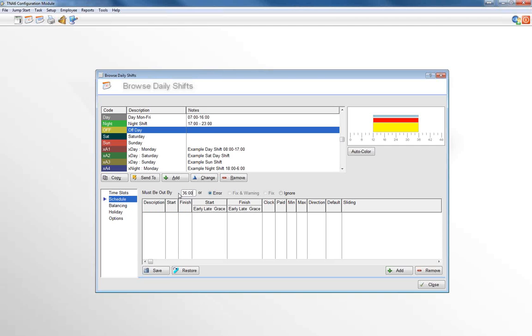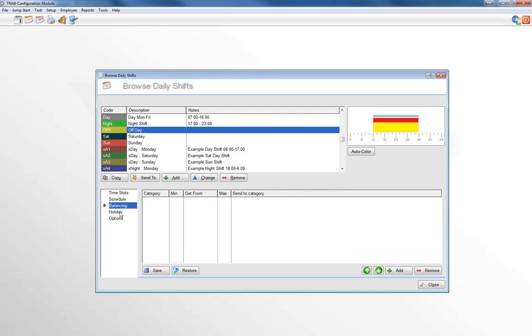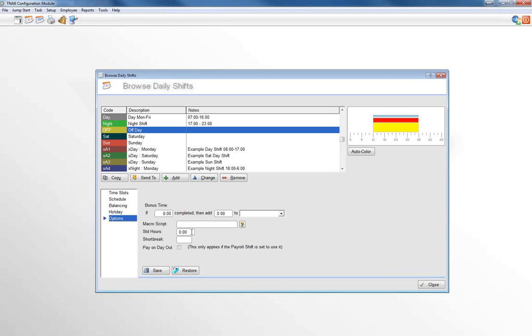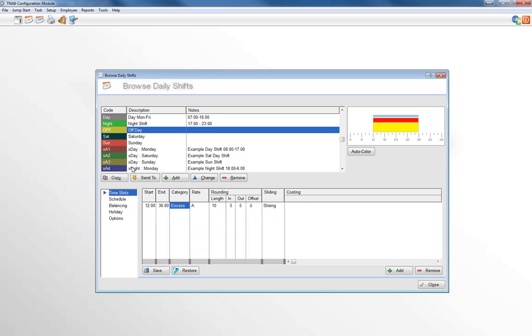I'm going to set the must be out by to 3600. I'm not going to set up any balancing. They don't get paid any holidays on a public holiday. If it's their off day, they don't get any normal time for that because they wouldn't have worked anyway. And I'm not going to set up any other options. There's no standard time either. So I've got our night shift, we've got our off day, and now we need to go and create our